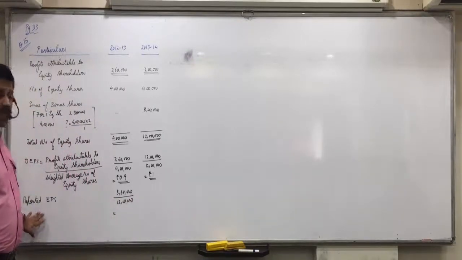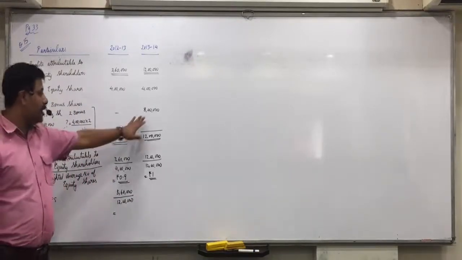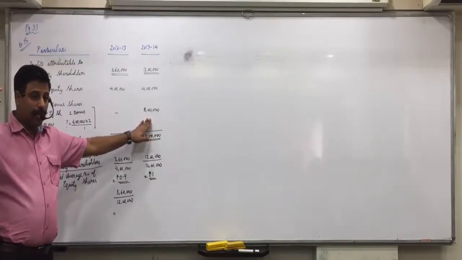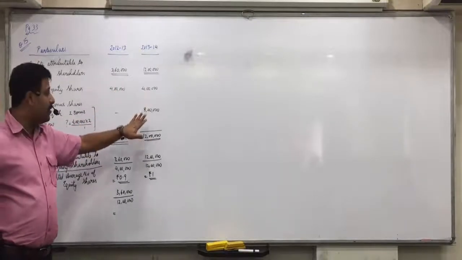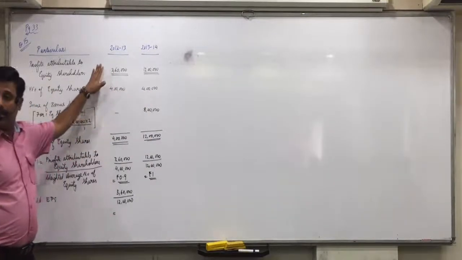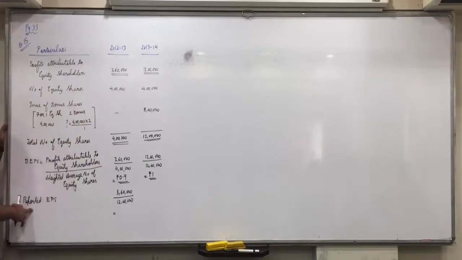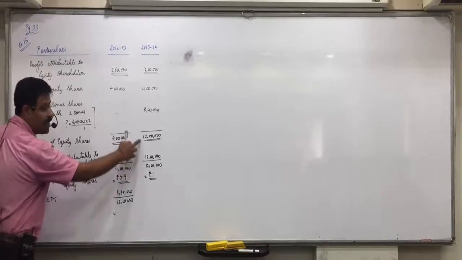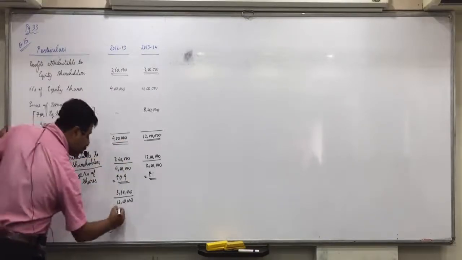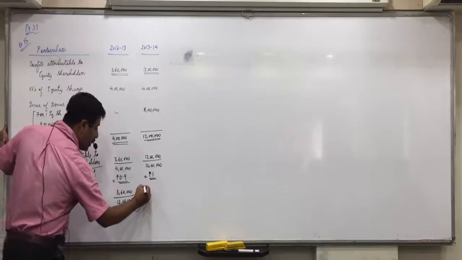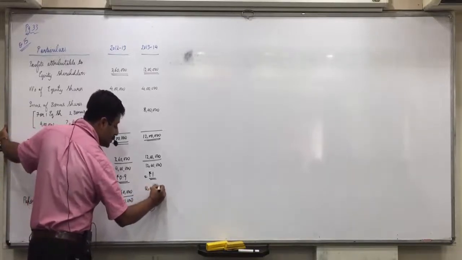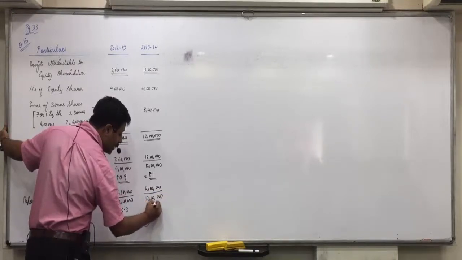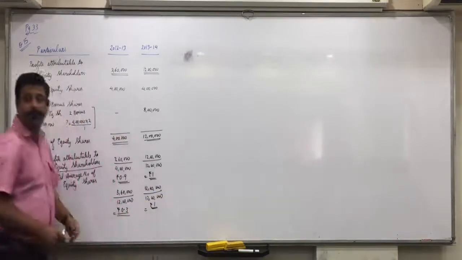Means for the purpose of reporting, we will assume that bonus shares were issued in the earliest period reported. You are reporting it for 2 years, means we will take bonus effect from 12 to 13. So when you report to the shareholders, instead of 360 upon 4 lakhs, we will report 3,60,000 divided by 12 lakhs. That is 0.3. And here 12 lakhs upon 12 lakhs, that is 1.